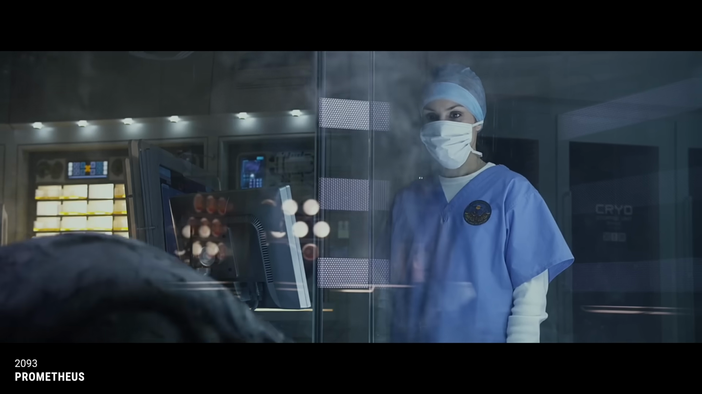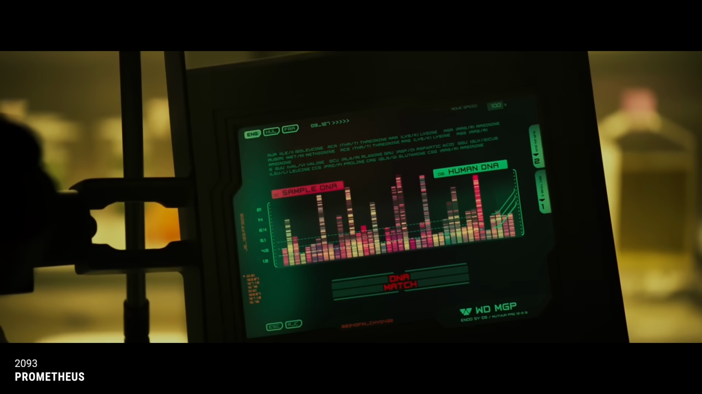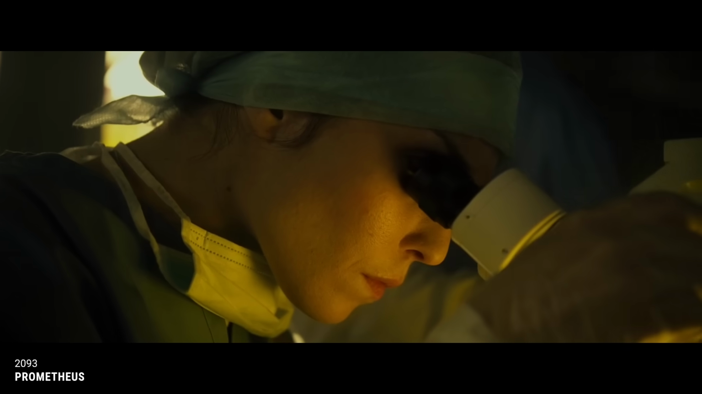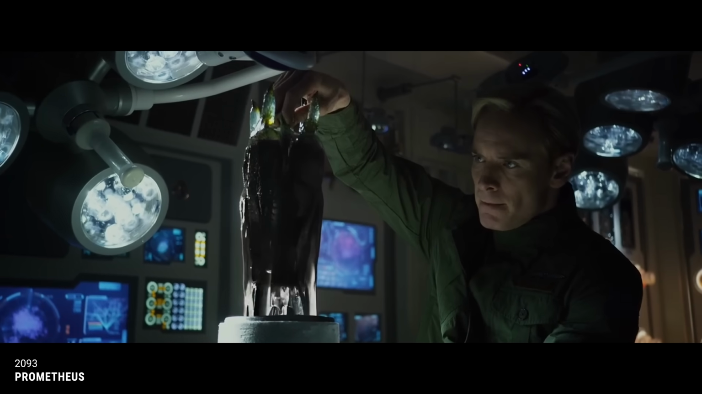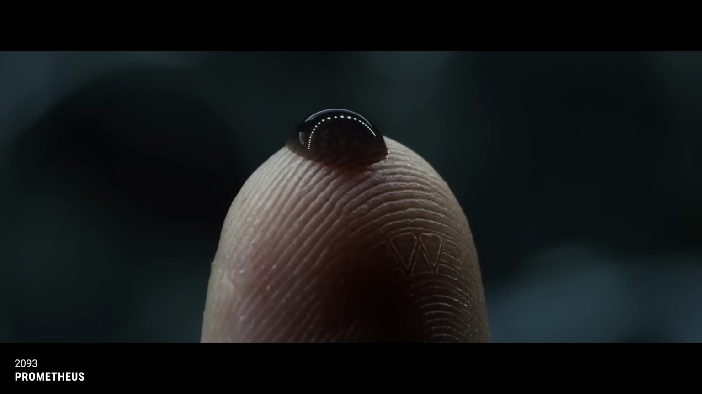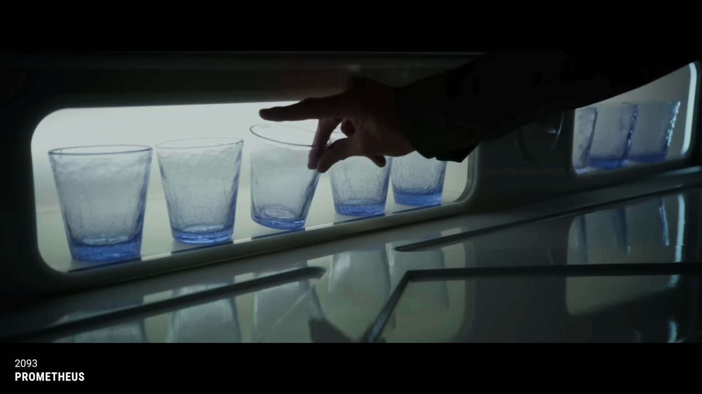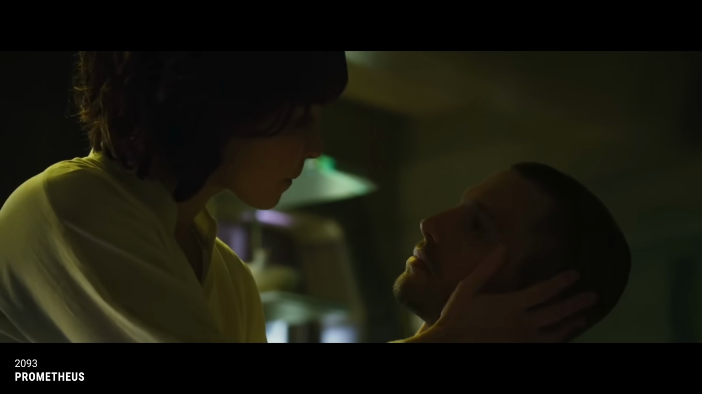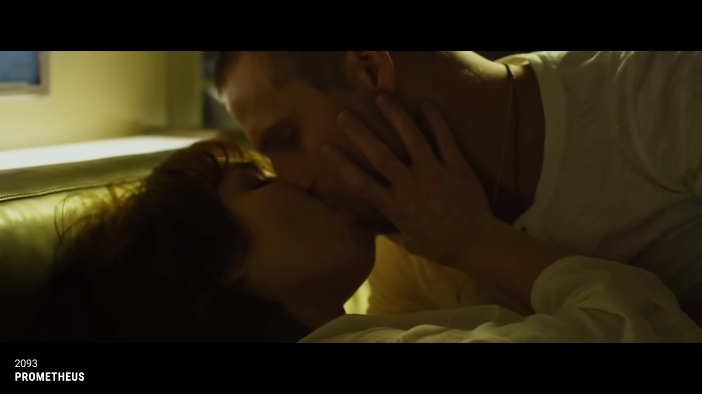Testing the head they found reveals the engineers have DNA identical to humans. It seems now a certainty that they were responsible for life on Earth. David, meanwhile, does some research of his own on that black substance. All he needs is a test subject, and he finds one in Holloway, sneaking a drop of the goo into his drink. That night, when Holloway is intimate with Shaw, he is unaware of that alien substance inside him, now